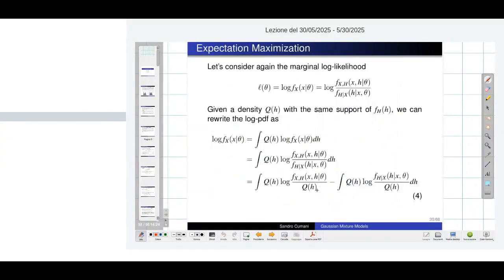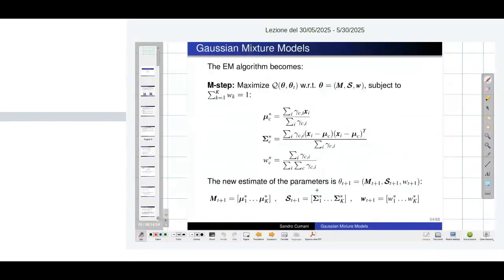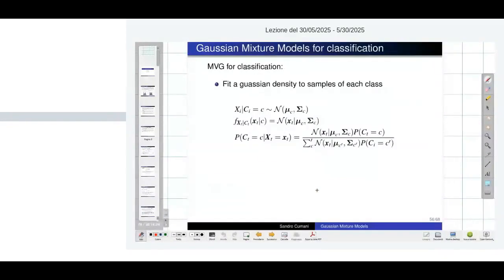Now, we said quickly how to use it for classification. Let's see that in a bit more detail. We will use it for classification essentially in a similar way as the MVG, but with the MVG, what are we doing? We're training a Gaussian per class. So we would have Gaussian 1 and Gaussian 2, and then for a generic multiclass problem, we would compute the